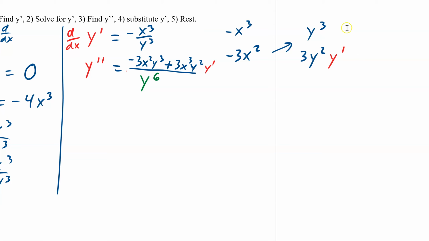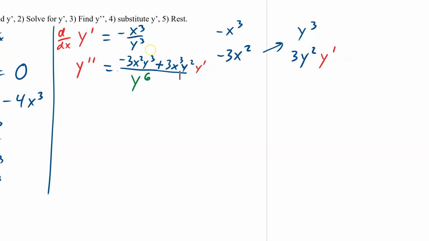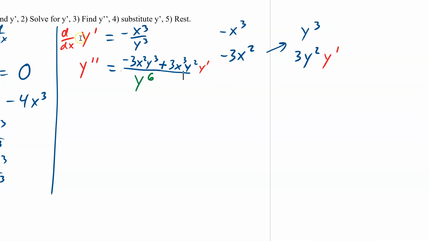All right, so let's just double check everything. That's negative 3x squared. That's 3y squared. We got the y prime, perfect. And then that one would be negative, perfect. And then a negative, that would be negative, but we're subtracting, so it turns into a positive. And we get 3x cubed y squared y prime. Looks good. So now the second part of this part is to substitute your y prime. So we already know what y prime is. It's right here. And so now we just have to plug it in.